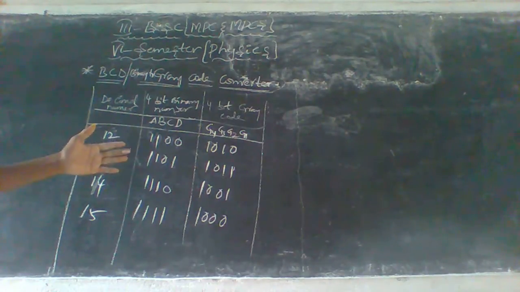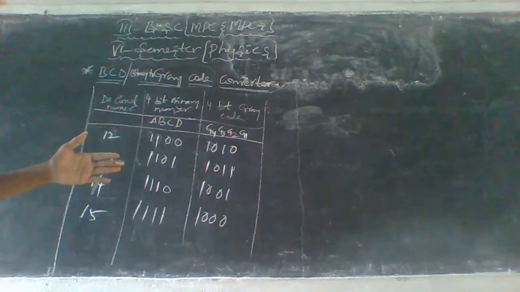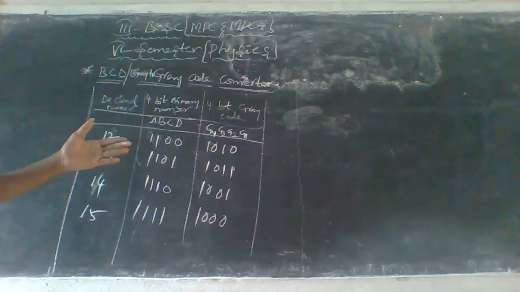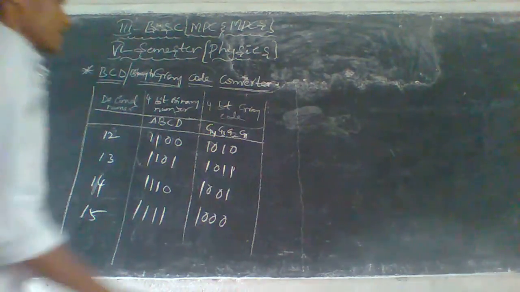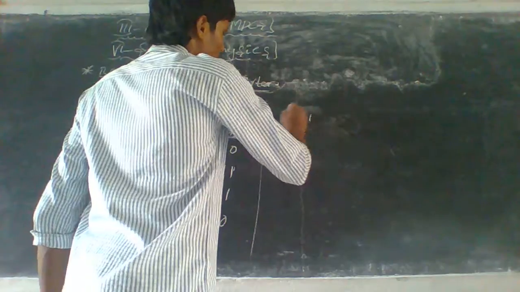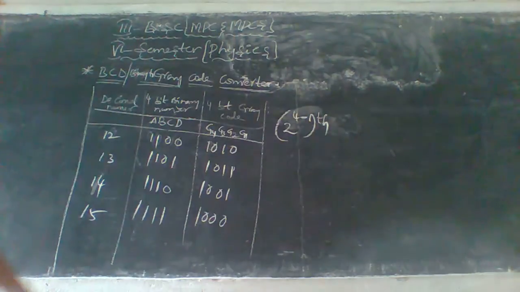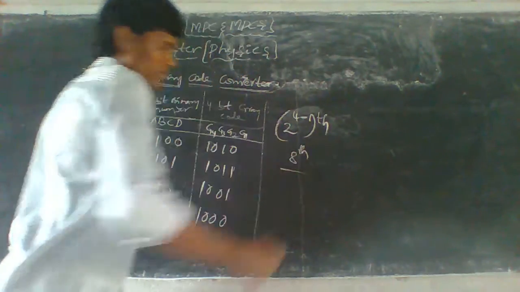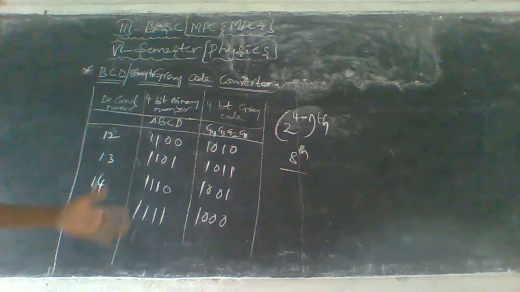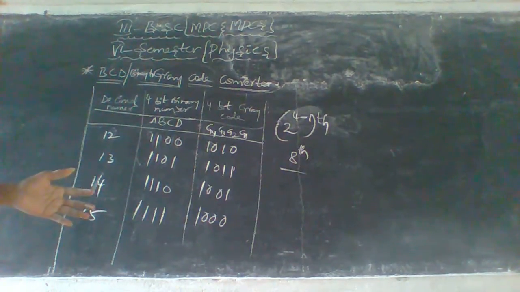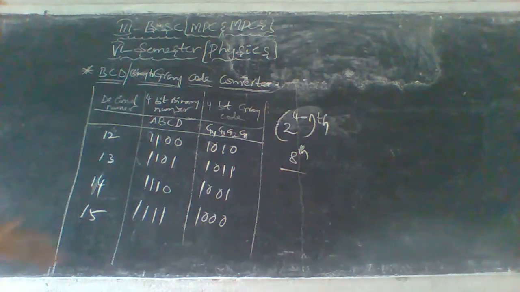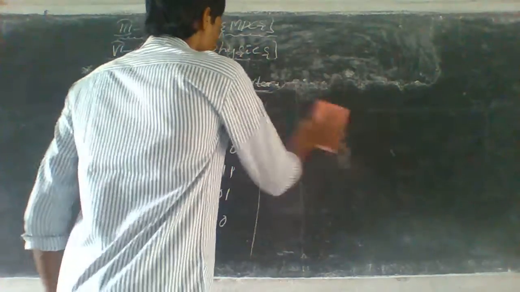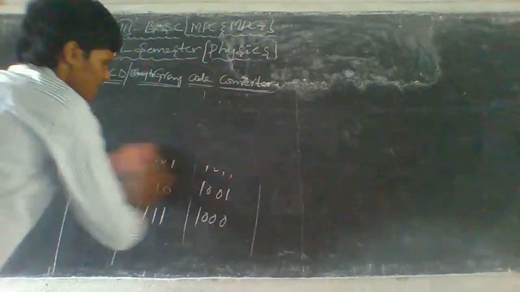So here that means in 4-bit gray code, a 3-bit code is reflected against the axis drawn after the 2 power 4 minus 1, or 8th row. Here the binary to gray code converter circuit is shown, and then we will discuss the binary to gray code converter circuit.